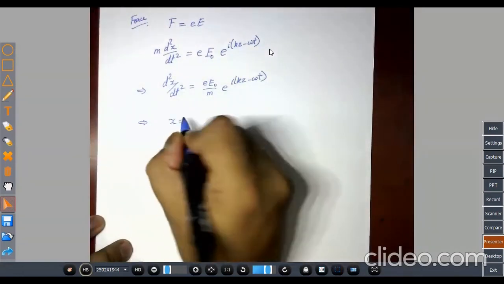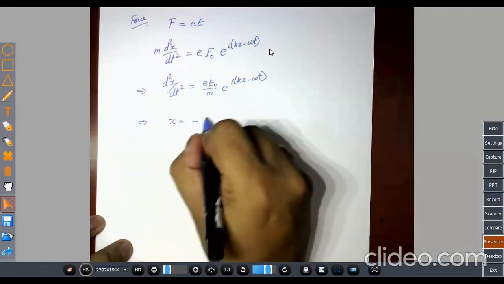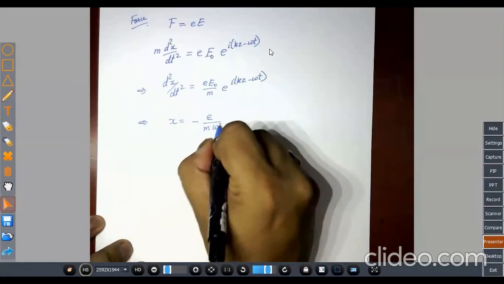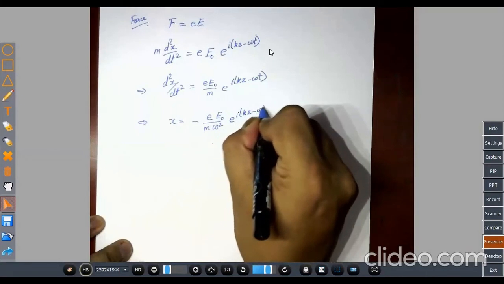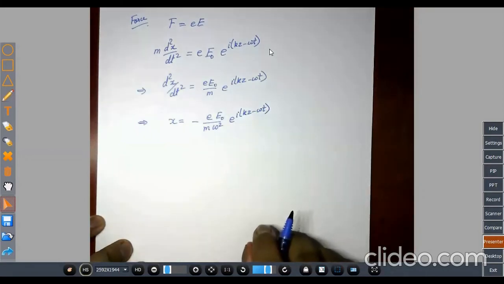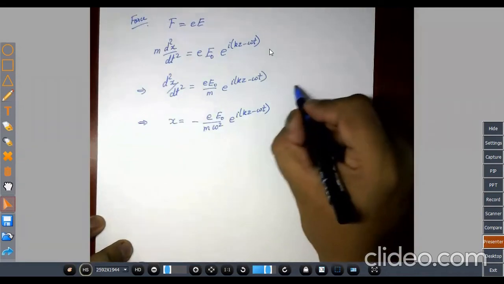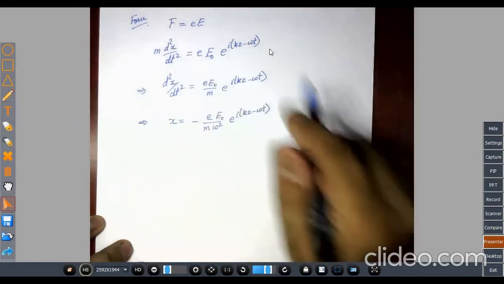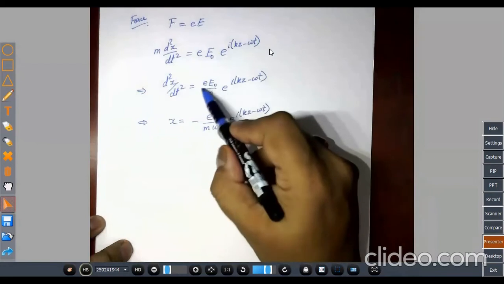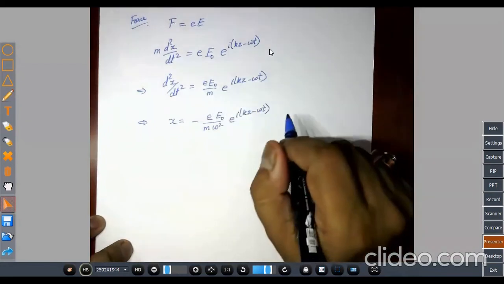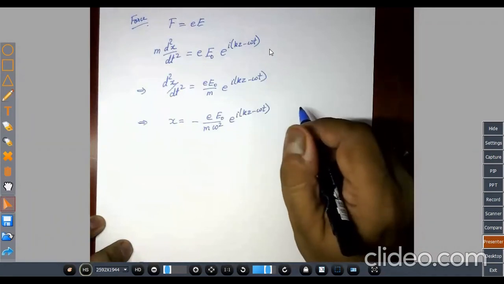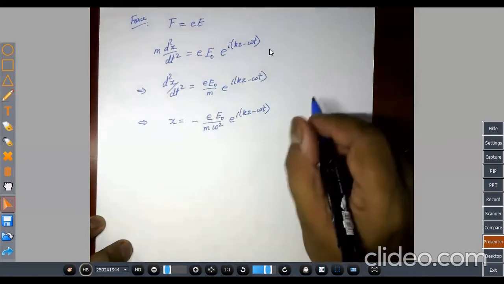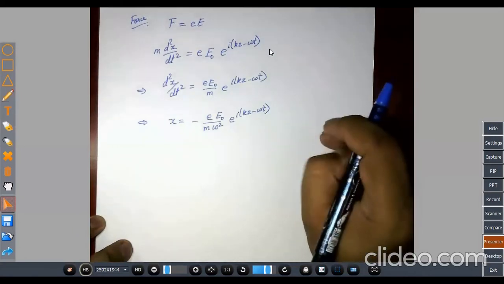The solution of this equation will be... What does this equation signify about the electron? The electron is oscillating with the frequency omega and will behave like a dipole. This oscillating charge will behave like a dipole,